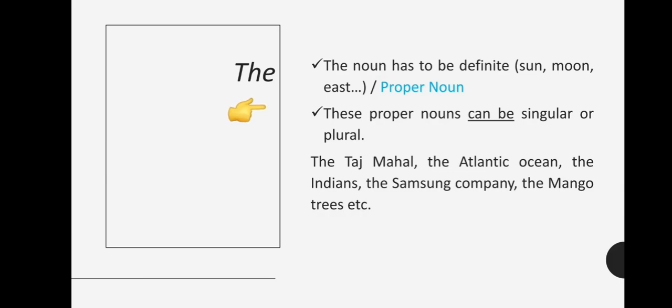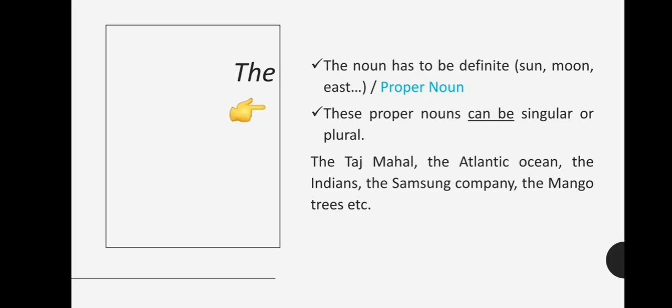Now these are some of the examples. If you go through them by observing, the one common thing in all these nouns is that all the nouns have the first letter capital. The Taj Mahal. Why? There is only one Taj Mahal in the whole world. The Atlantic Ocean. Again, Atlantic, A is capital. Why? Because there is just one. Similarly, wherever you see all these are not repeated anywhere else, they are called the proper nouns or the definite nouns. Similarly, when I talk about the Indians, Indians are just one. We don't have any other India.